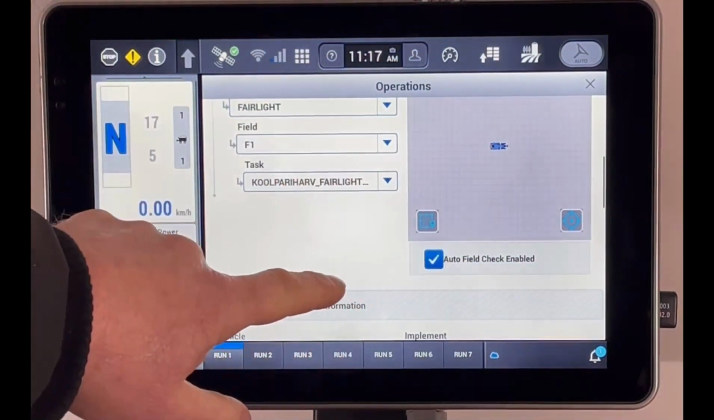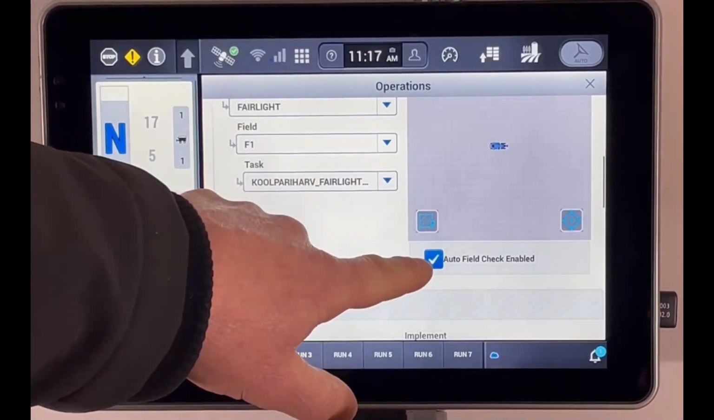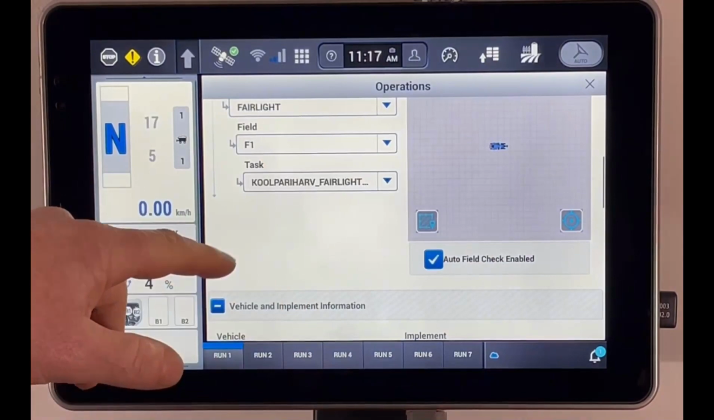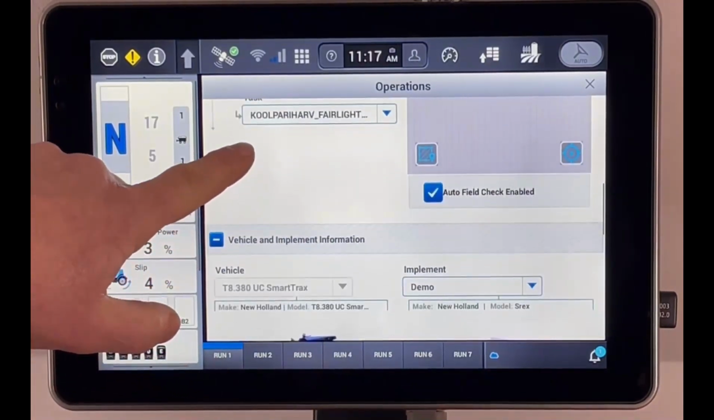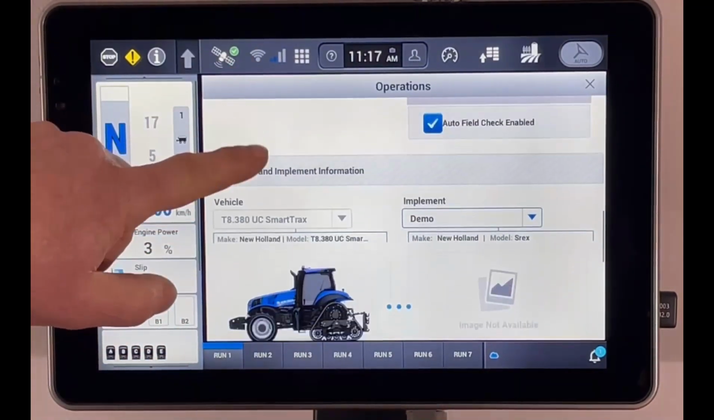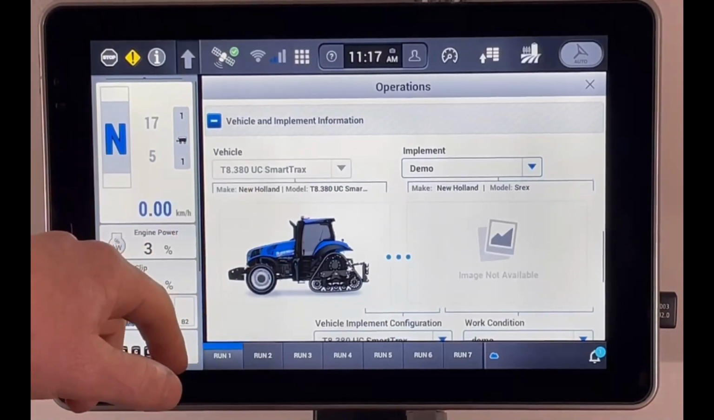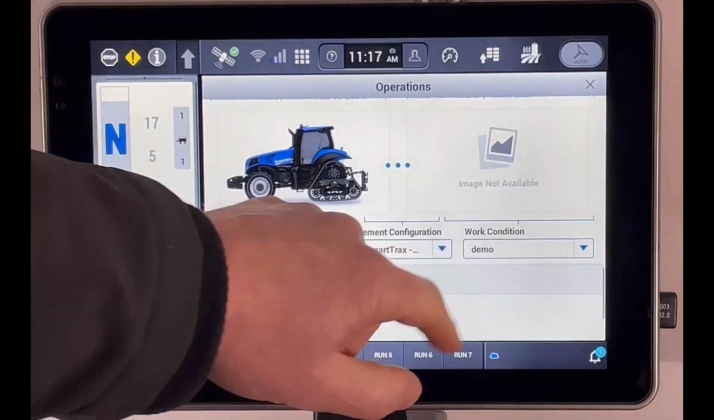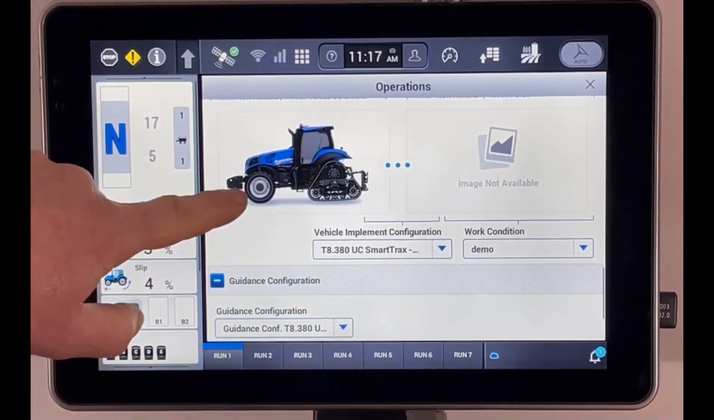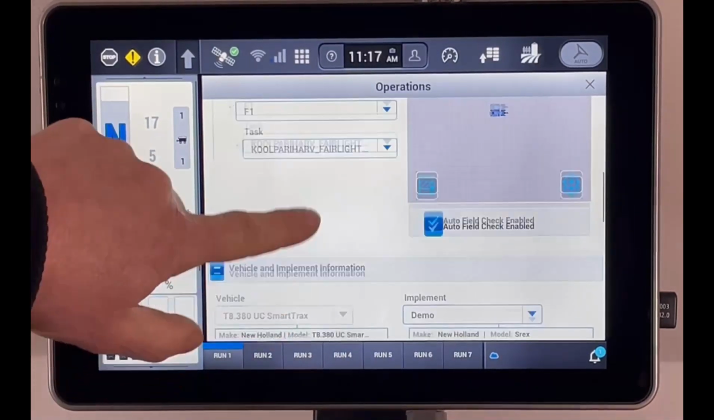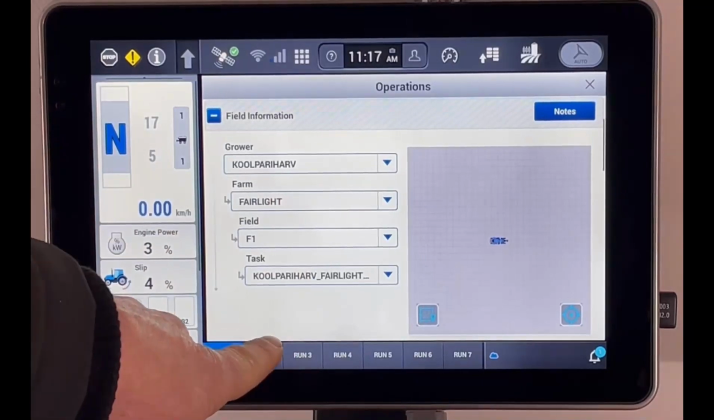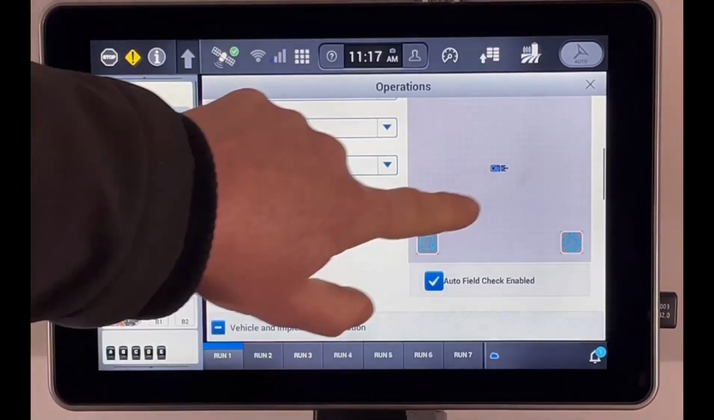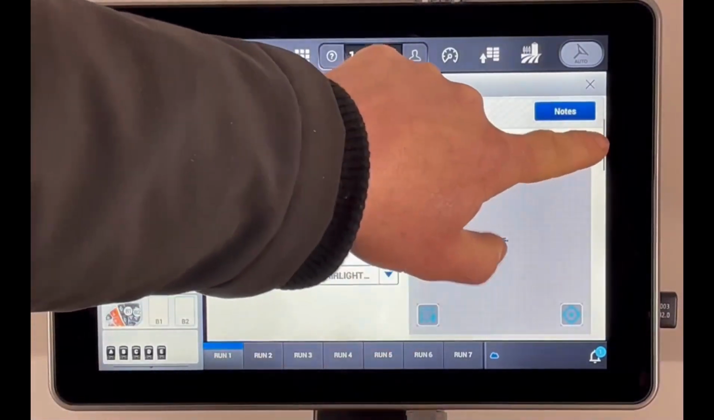If we've got our boundaries in the monitor, which hopefully we have, and we've got auto field check enabled, when you drive into the field it will set it automatically for you, and then you can scroll down that little bit further and select your vehicle and implement from there, and your work conditions. So it's quite easy to miss this one if you're not careful. You can't quite see the other options beneath it if you're not aware of it, so just look out for